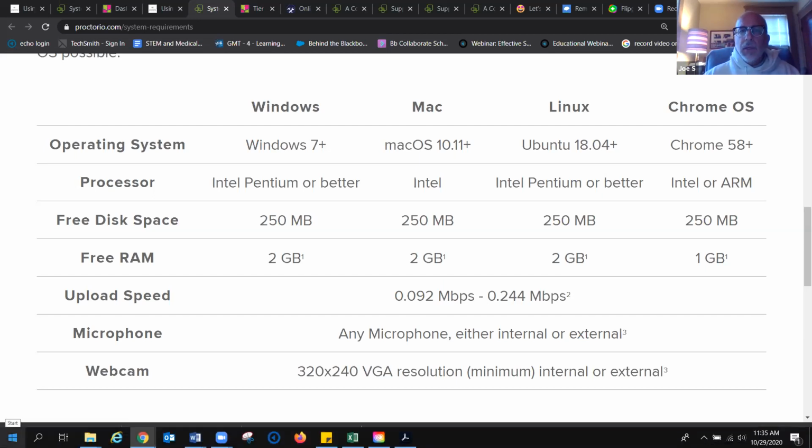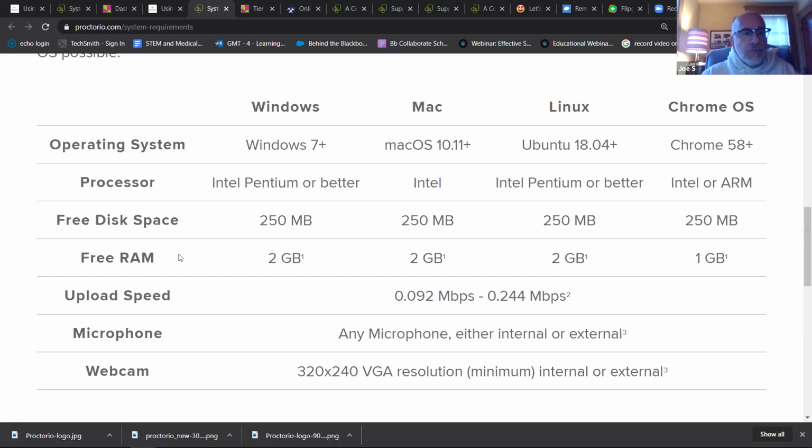Some of these settings or requirements are not very rigid. You can see the amount of RAM, for instance, that's indicated here. We see most people that are testing don't have that level of RAM available to them when they take a test, but they test successfully. The Proctorio tool works successfully. So this is more or less a guideline than anything else, I think.